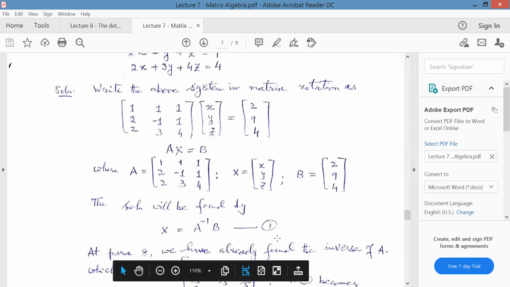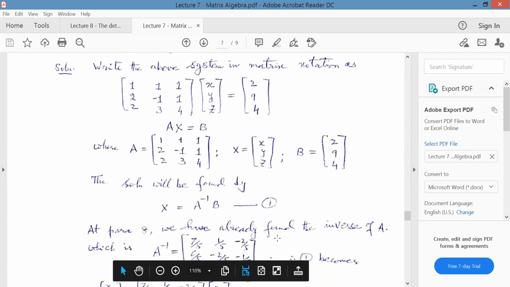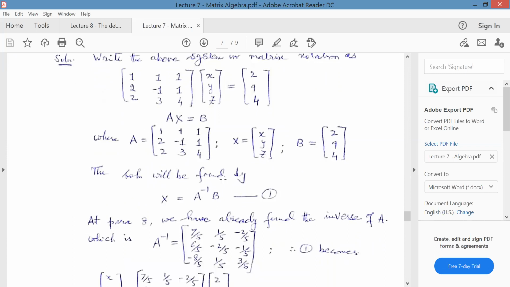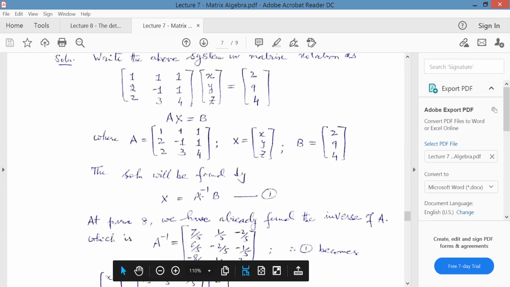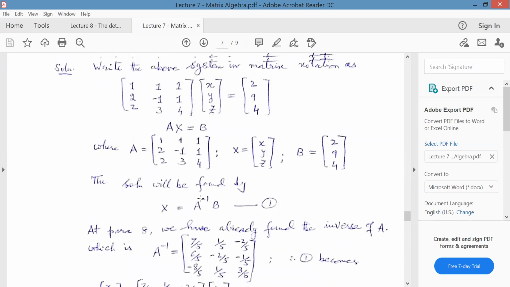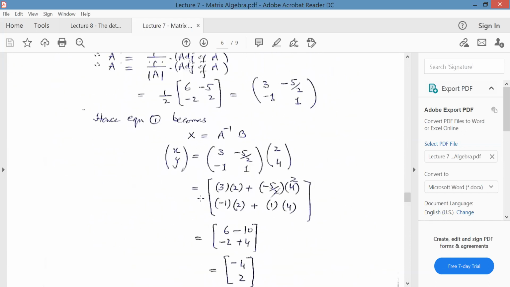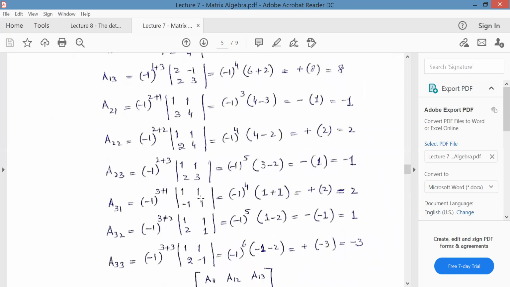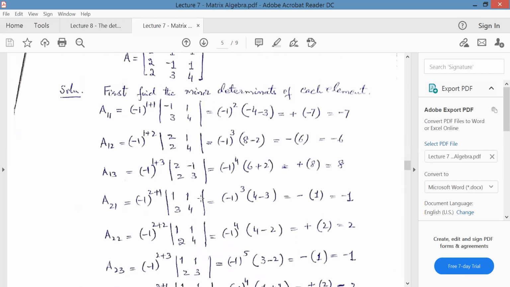Equation one. हमें A inverse चाहिए ना पहले। अब क्या अच्छी बात है, यहाँ पे जो A आ रहा है वही है जो हमने पैरा 8 में निकाला हुआ है। At para 8 we have already found the inverse of A, वरना आपको निकालना पड़ेगा, ये तो मेरा शॉर्टकट इत्तेफाक है। देखिए पैरा 8 में हमने इस मैट्रिक्स का इन्वर्स निकाला था ऑर्डर 3 का, ये है आपका पैरा 8।